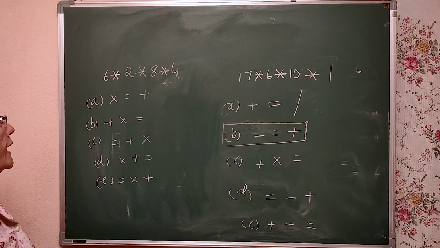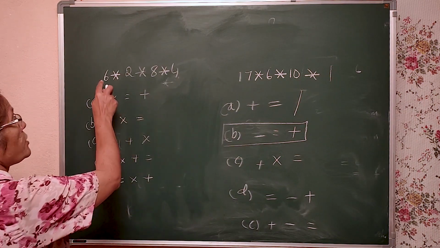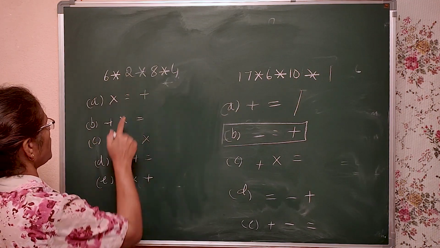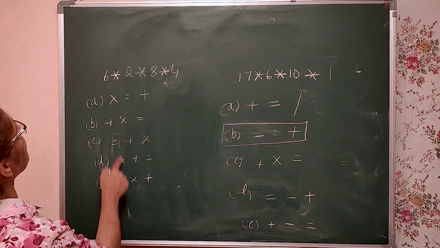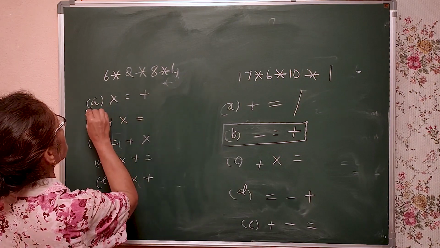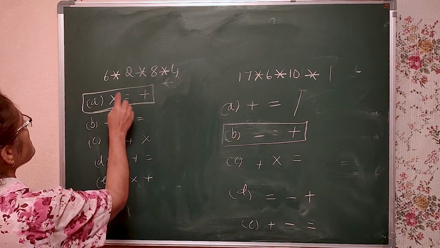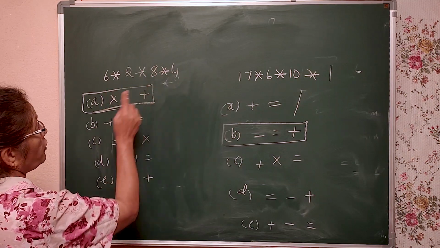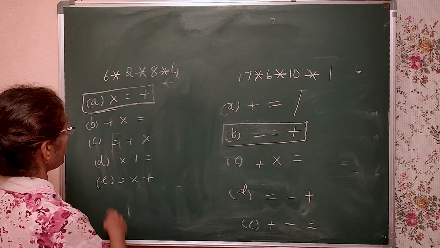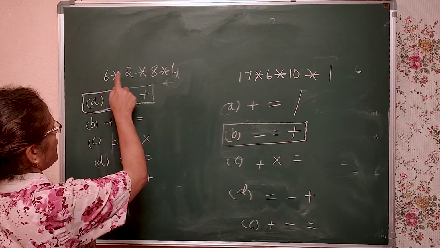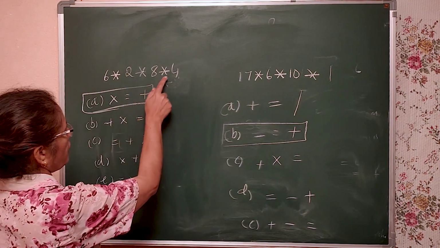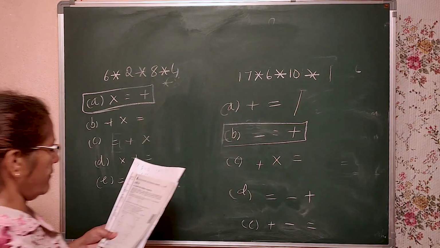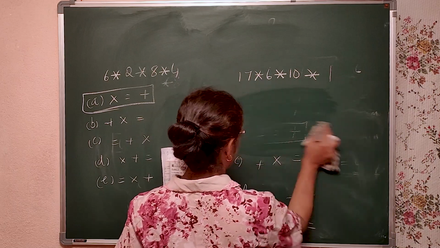So as soon as I look at it, I can understand. 6 2s are 12 is equal to 8 plus 4. Is it correct? 6 2s are 12, first option only. Is it? 6 2s are 12. 8 plus 4 is also 12. So, if you cannot make out and if this is not there, you go option wise. 6 into 2, 12 is equal to 8 plus 4, 12. Correct? Now, next question.